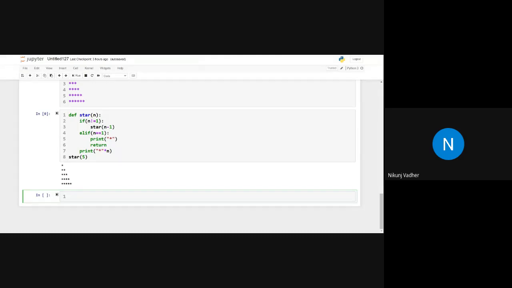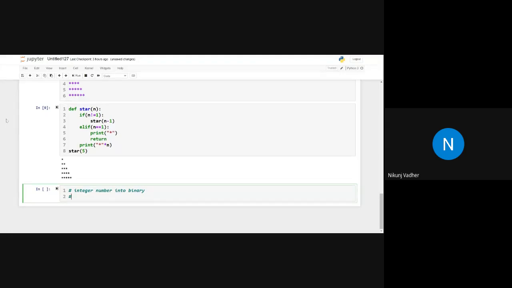Okay, I want to convert an integer number into binary. So if it is, let's say 5, it should be 101. If it is, let's say 6, then it should be 110.